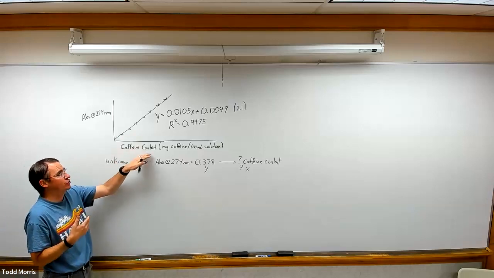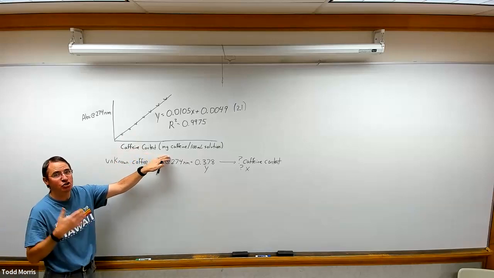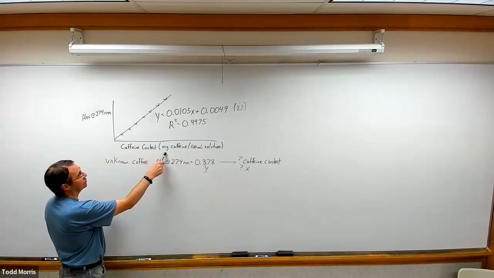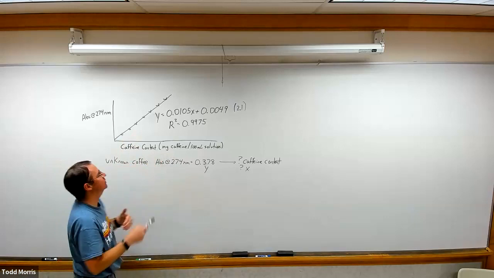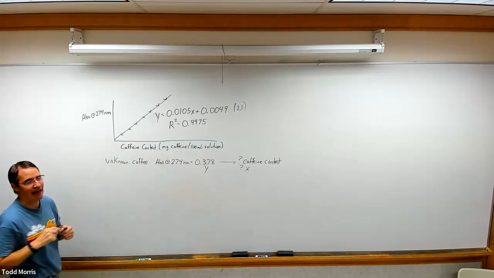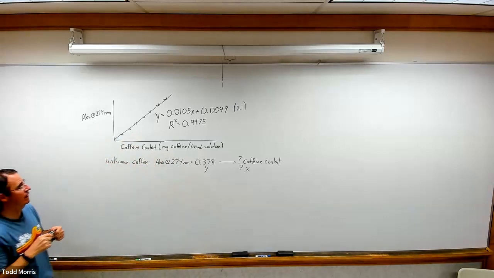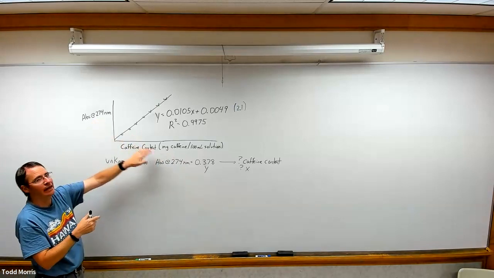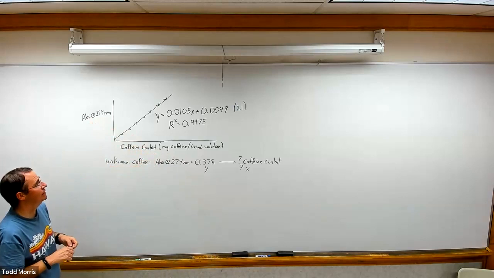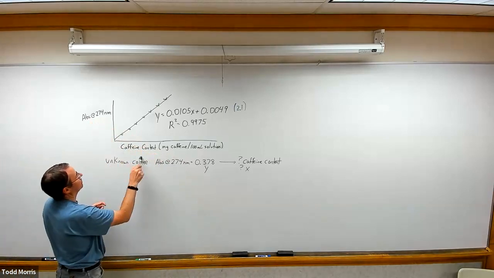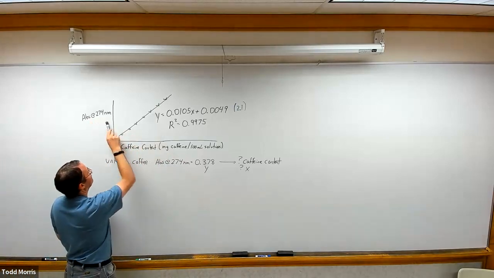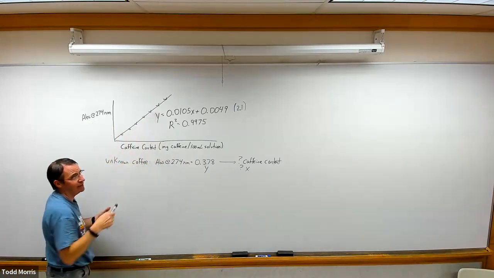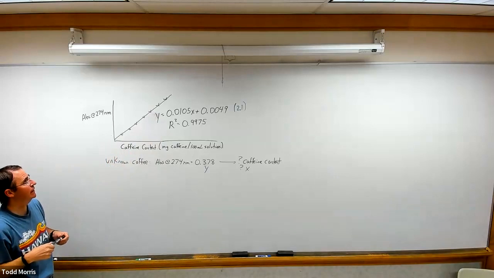So in order to do that, we have to first create several solutions of known caffeine content. We create those solutions, and then for those various solutions, we measure the absorbance at 274 nanometers to find what that mathematical relationship actually is between what I can measure and what I'm actually interested in. So when we did that, we found that there is a relationship. It's a positive relationship. As one goes up, the other one goes up, and it turns out to be a fairly